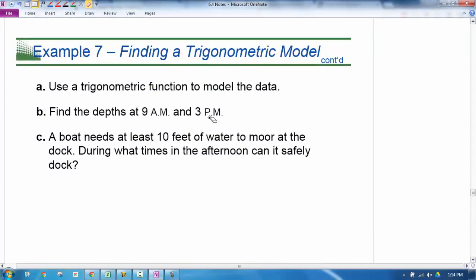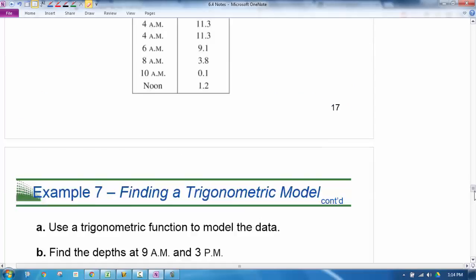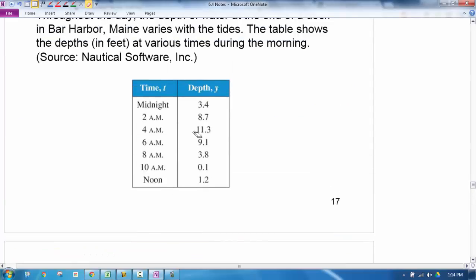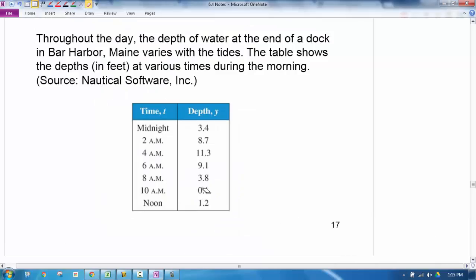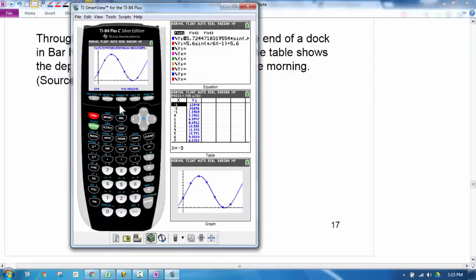We can find the depths at 9 a.m. and 3 p.m. pretty easily in this table. Just plug in 9 for x, so go to stat calculate value, plug in 9, and it'll give us the depth there, which looks like about 1.49 feet. And we could do the same thing for 3 p.m. 3 p.m. is actually 9 hours after midnight, so we would plug in 9 for that. When we go to second calculate value, we'd plug in 9, and that would give us the depth